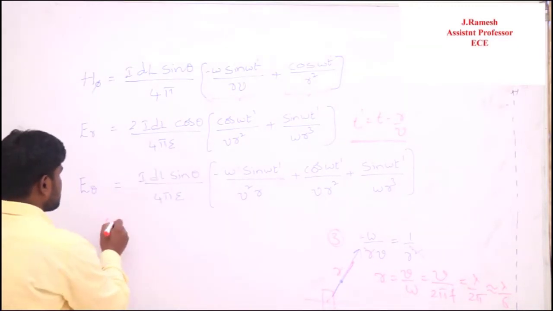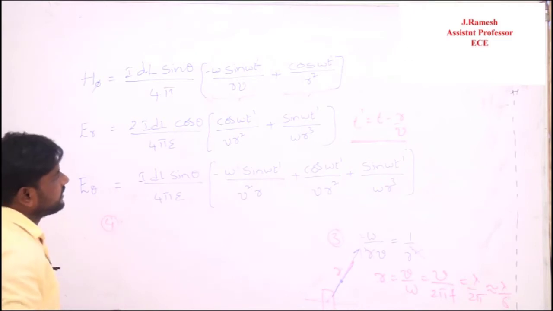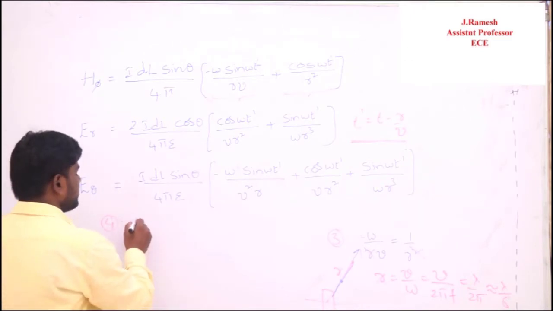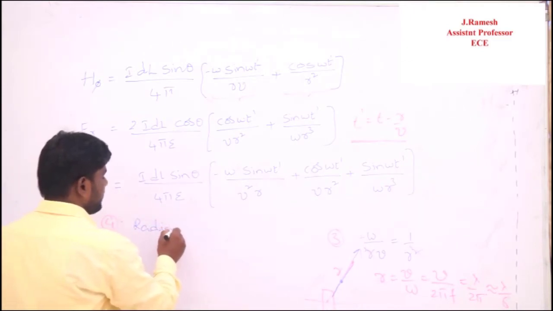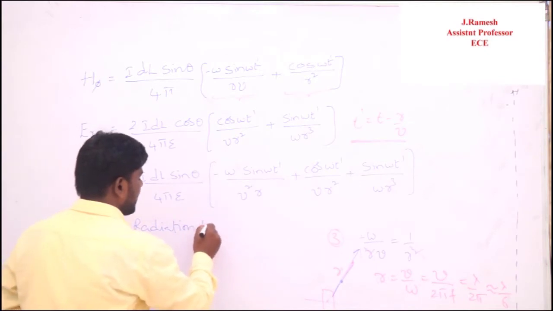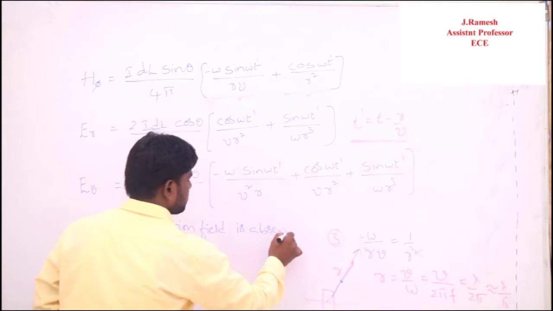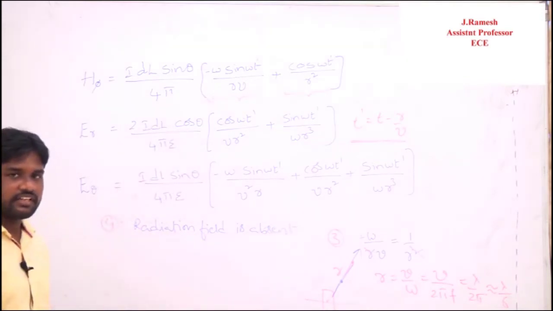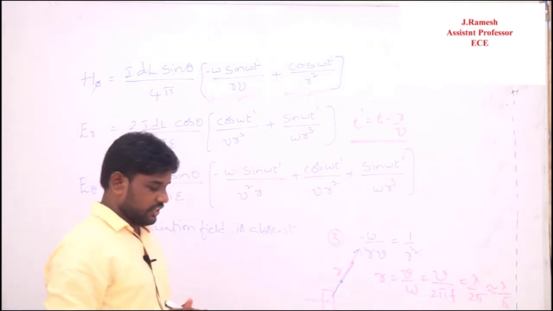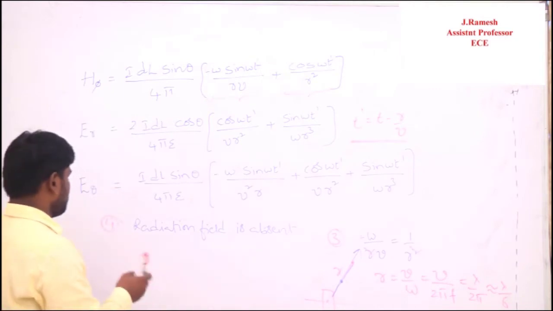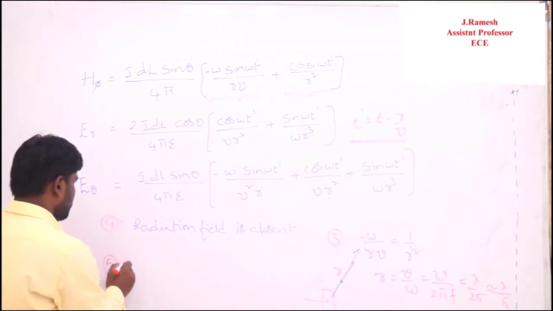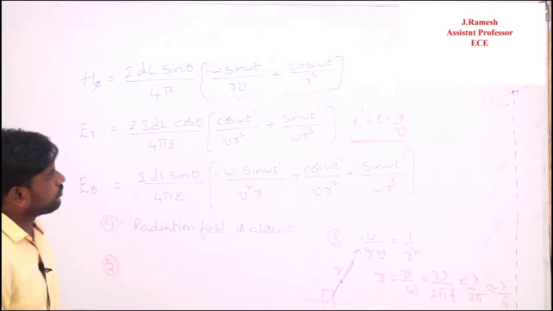So at the steady state conditions, what will happen here is the radiation field vanishes. So the radiation field is absent. At what conditions? For steady state currents. If you go for the fifth point,